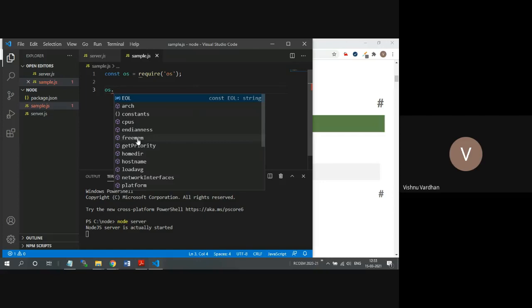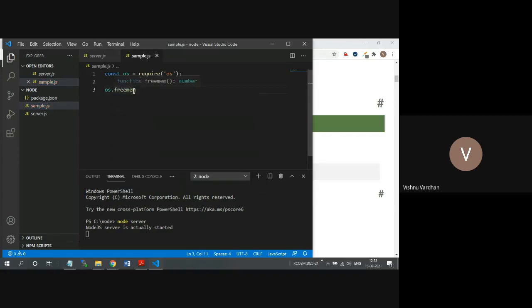Suppose there is free memory available in your machine, that can be accessed. So I will call this method, and you can mouse over this, and it is actually a number. Okay, so better to convert this into a string.